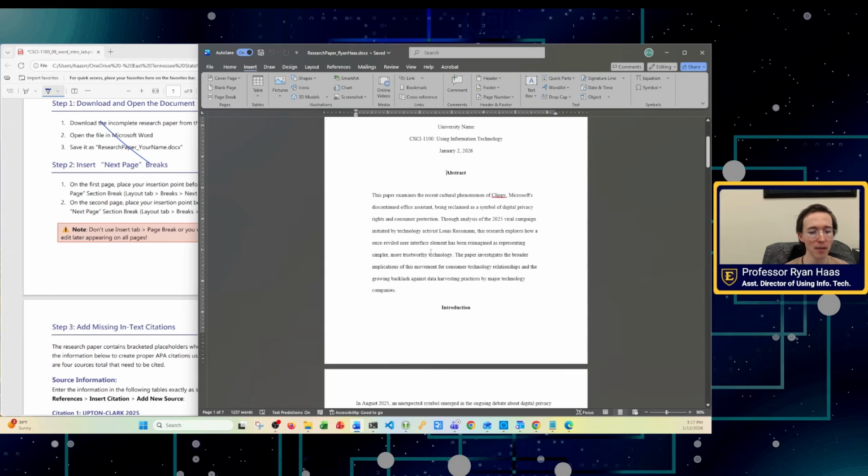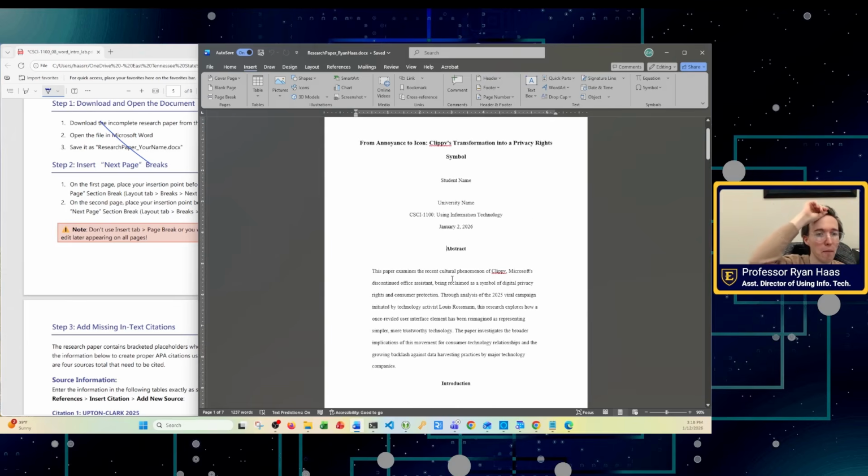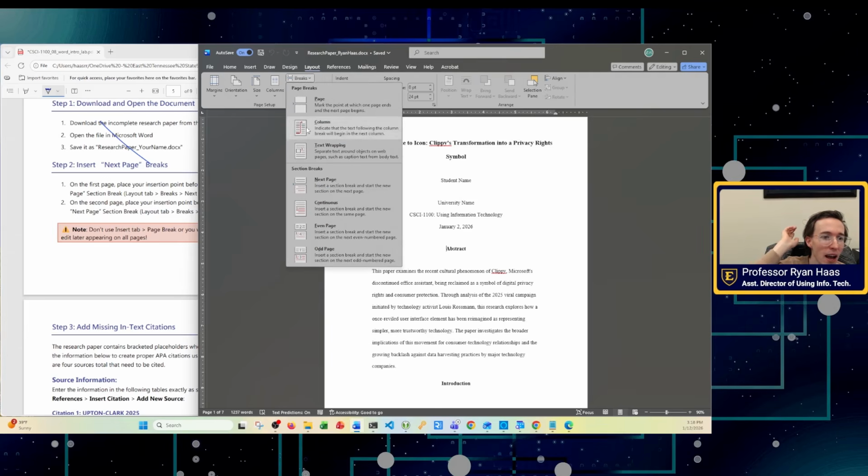The problem with that is that you'll see when we create headers later where we have the title that appears kind of at the top on every page and a page number, that you can't separate out the header from these first couple pages when you use that page break. If you don't know what I'm talking about, good. You don't need to. Go to breaks, and under section breaks here, that's the important part,